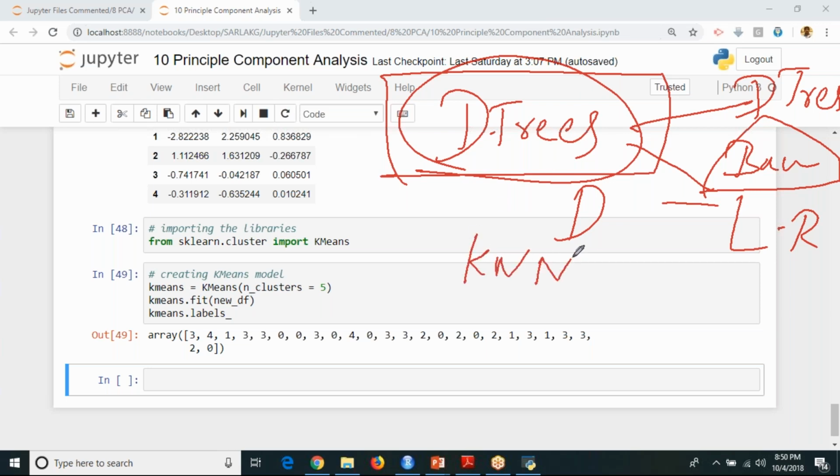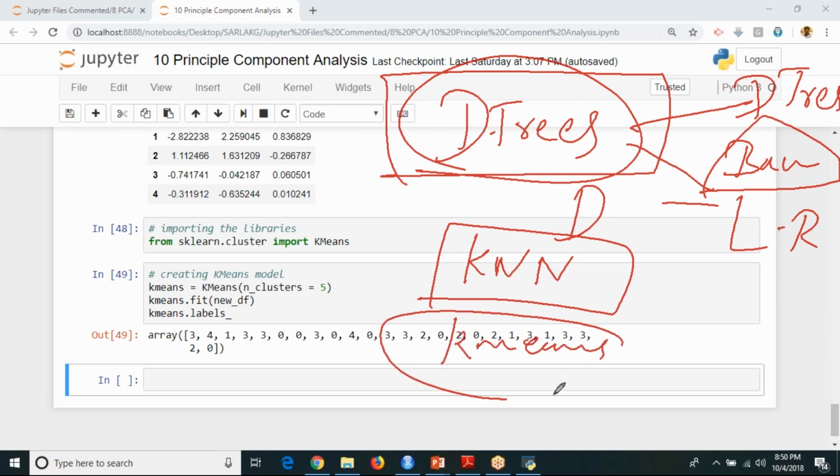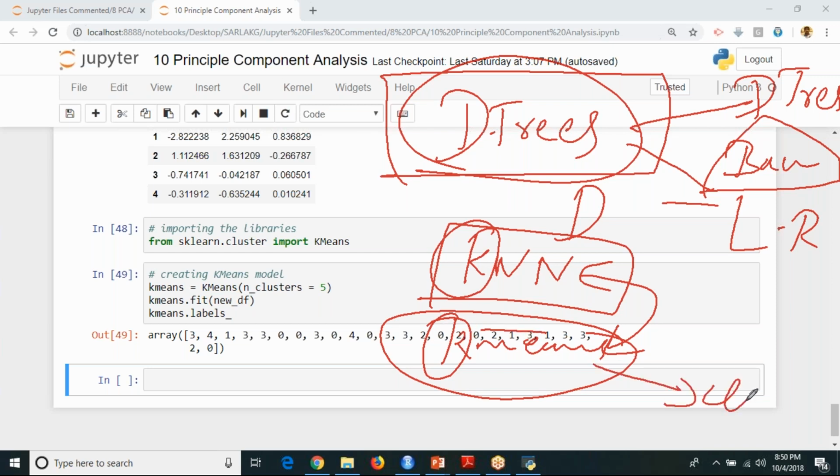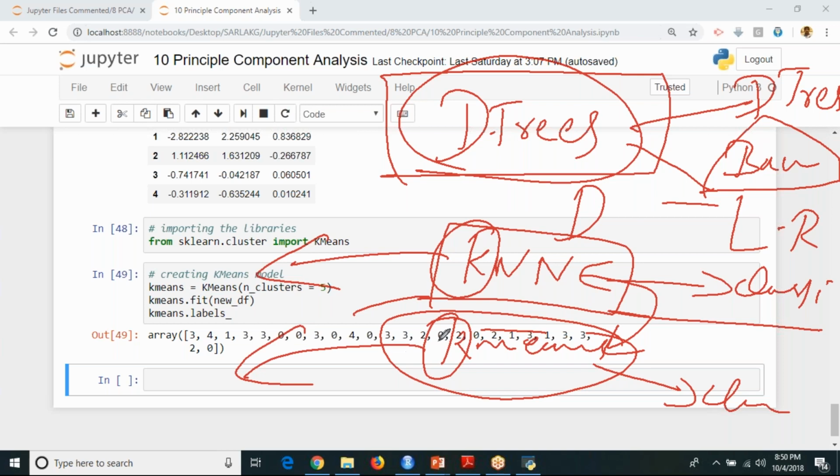Tomorrow we are going to discuss k nearest neighbor. Don't get confused between k means and k nearest neighbor. 99% of the interviewers will ask you the difference between KNN and k means because both of them start with K. They'll ask you this. Don't get confused. This is your clustering algorithm, this is your classification algorithm. Now only I'm telling you, because yesterday the same mistake was made and my student gave the same answer. He said KNN is clustering and K means is something else. Even though I specified clearly, both of them start with K. KNN stands for classification, K means stands for clustering. Remember this.